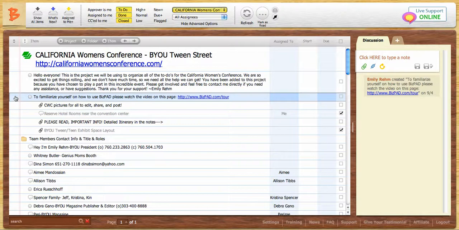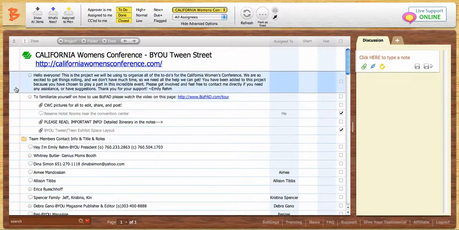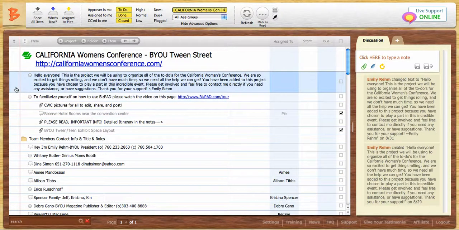So this is an example of an event we did with BizPAD. I would love to see some samples of what you guys can do with BizPAD. I look forward to talking to you guys